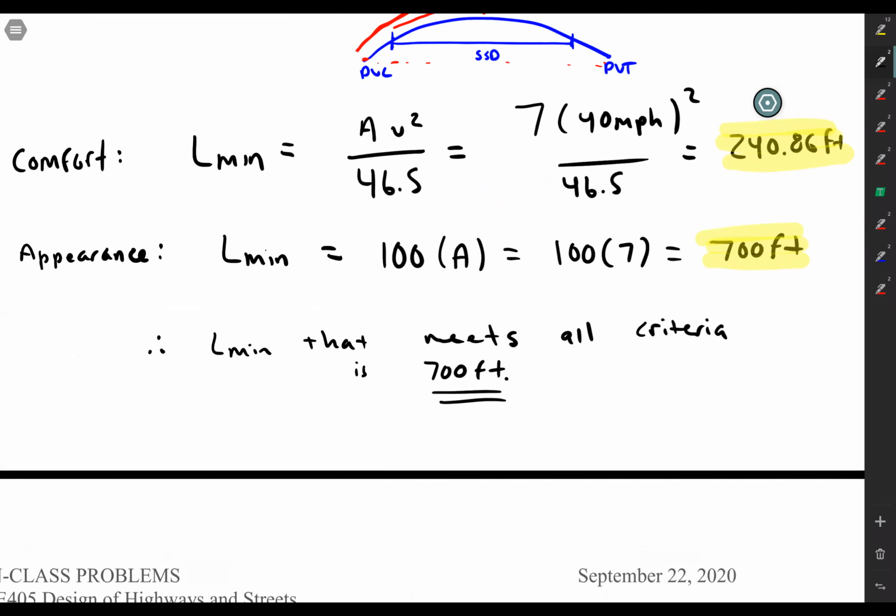Makes sense? Good refresher. Sounds familiar? Yeah, I remember doing